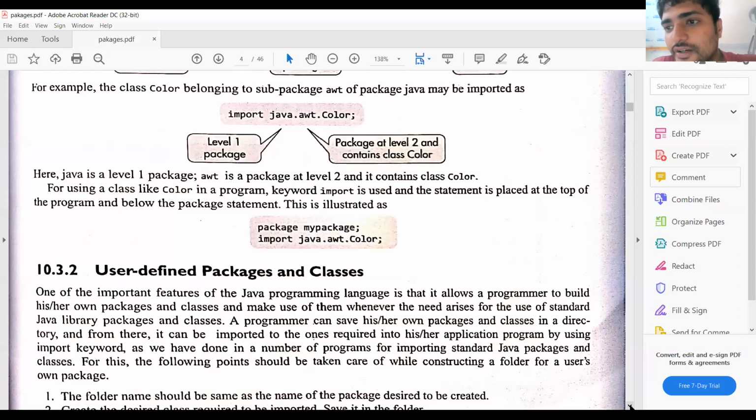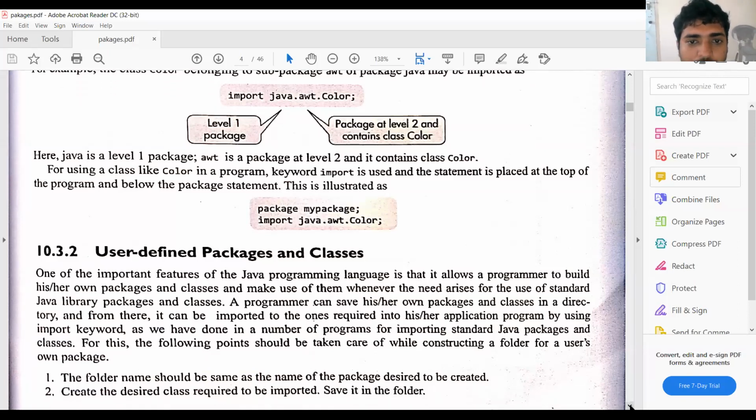How do you create a user-defined package, and how do you import that user-defined package? That we will see in the next class. In today's class, we have discussed the basic definition of the package, how to define the package, and the namespace of the packages.